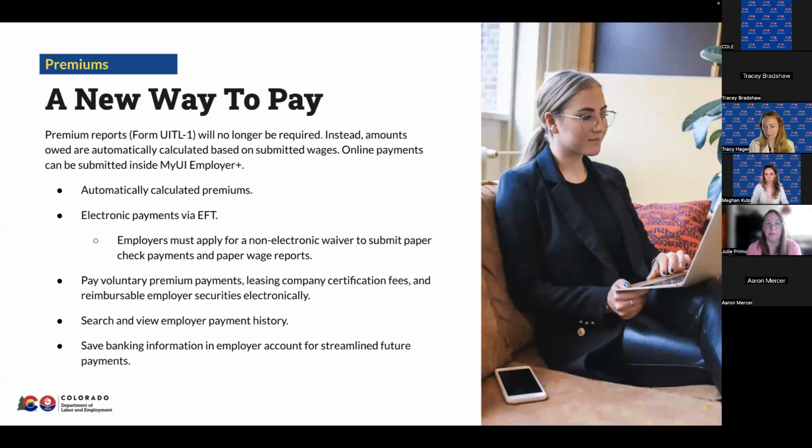We are accepting electronic payments via EFT. If employers do need to continue to communicate and work with us via paper, we do have a built-in non-electronic waiver to continue to submit paper check payments and paper wage reports. This is a very easy process that you can set up if you need it by calling us. We can take your waiver right over the phone, type in all the information, and get you set up for a year. It will need to be renewed each year, but what this will do is it will allow the